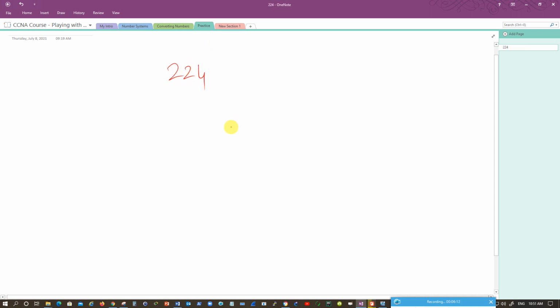Okay, now one more thing, sometimes the numbers are common. As you know, binary has 0 and 1, octal has 0 to 7, and you have decimal 0 to 9. Hexadecimal also has 0 to 9, and then it goes beyond this by A to F, right? But these numbers are common among all the 4 numbering systems. So how will I know if I write down any number?